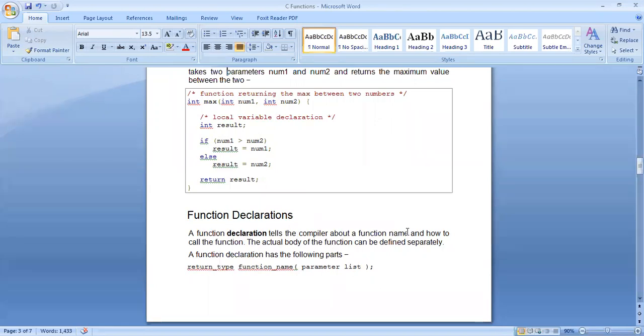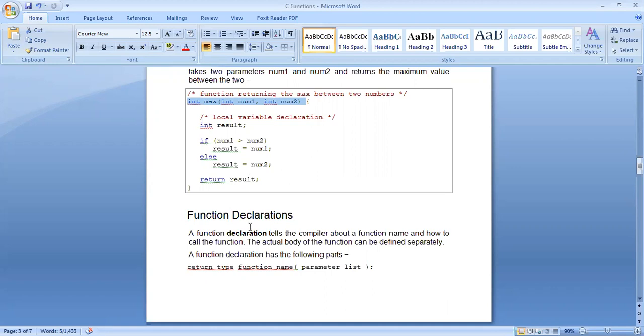When we say declare a function, it means just mention the return type of the function, the name of the function, and the parameter list. This is how a function declaration looks. A function declaration is very much like the first statement of the function that you will define. This is actually your function definition. Do not get confused between the two words, declaration and definition. This is your definition: you have defined every step inside your function.